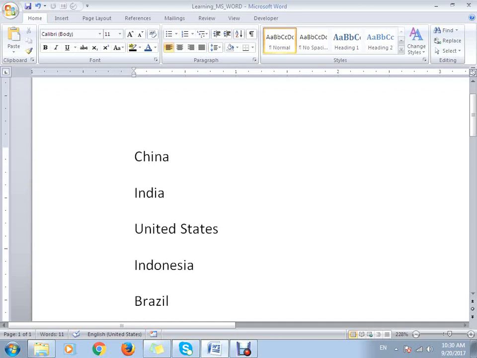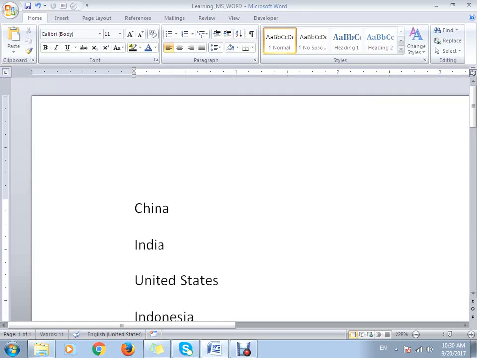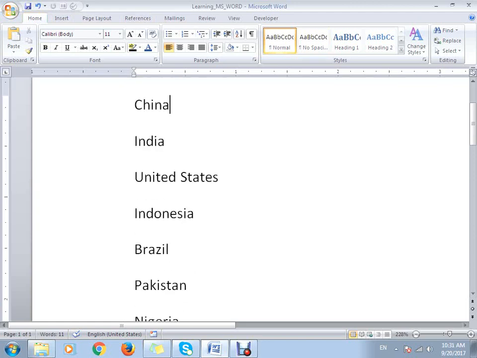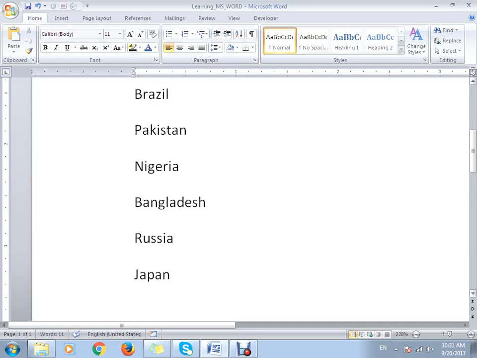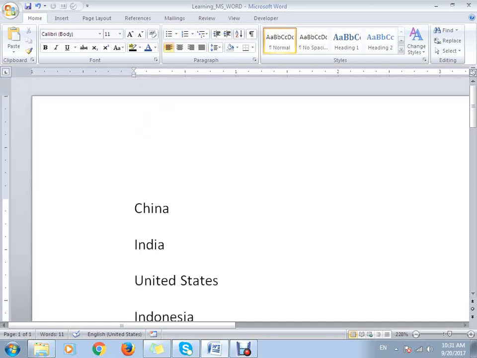In the last tutorial we have seen the different options that we will be working with, like the ribbon tabs: home, insert, page layout and all these different tabs. We understood what is the ruler, what is the document or page, and what is a scroll bar. Now in this tutorial, I will show you how to use